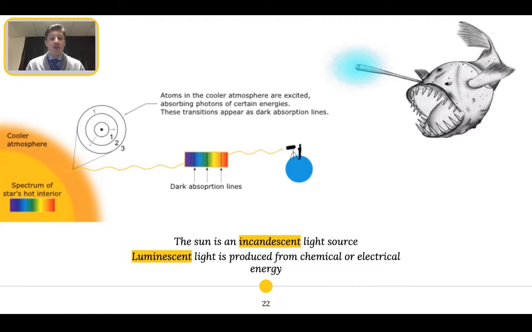Virtually all of the electromagnetic radiation that arrives on Earth is from the sun. The sun is an incandescent light source because the light energy is generated from heat. The nuclear reactions that occur within the high pressure center of the sun release large amounts of heat. The heat causes the atoms that make up the sun to move around faster. As these atoms collide together, the electrons move up and down orbits around the nucleus and release photons of light